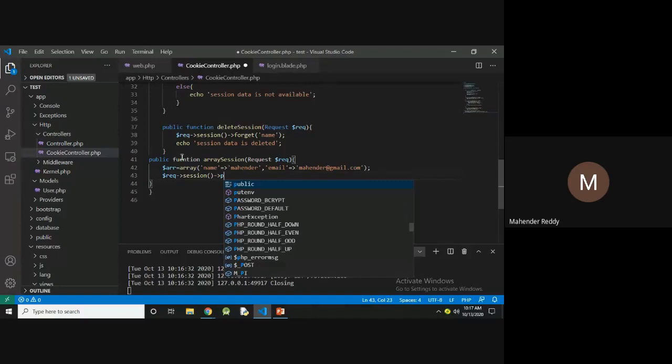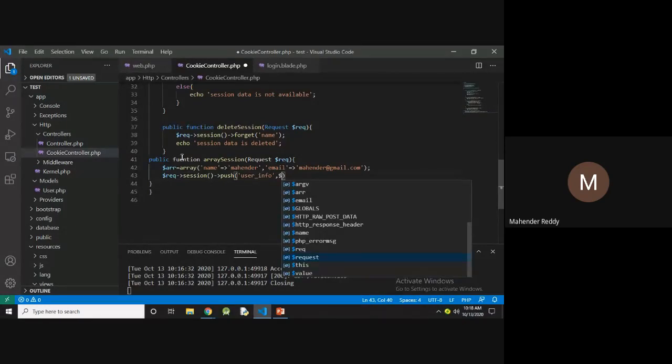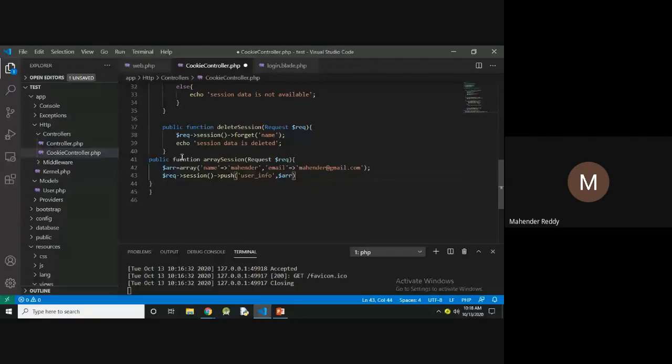And here I'm using the push method. For the push method there are two arguments. One is first, for example, user_info. After that, the array values are available in $arr. Now the array data is stored in the session, that is user_info. Array session data is stored.